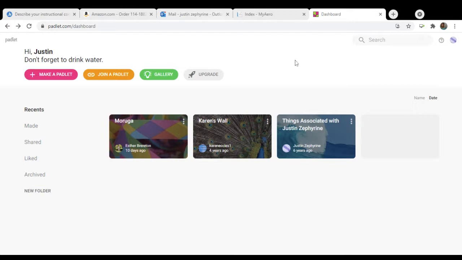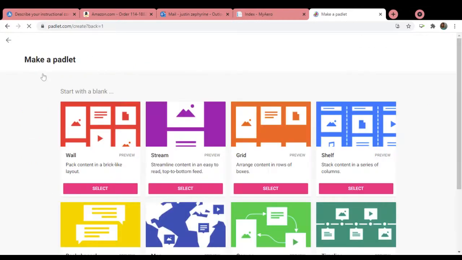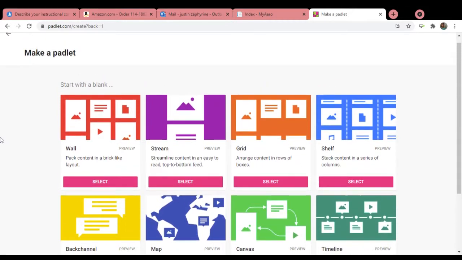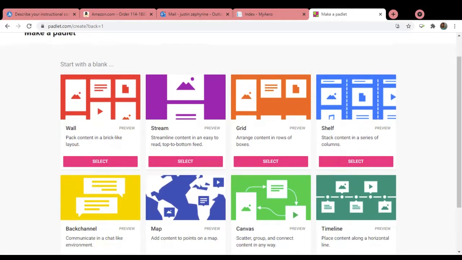Yes. Great. So once you're there, you're going to click on Make a Padlet. Click on Make a Padlet. It's right at the top left side. All right. Make a Padlet. And it's going to take you to a page that looks like this. Now, what you're seeing here is really just a layout, and you might choose one or the other. It doesn't matter at this point because you could always go back and tweak it. So let's say you want to select the first one.